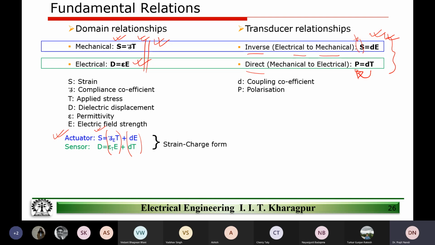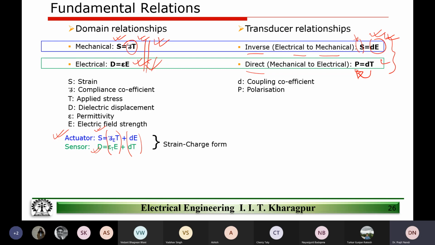So why is it an actuator? Because the output is in the mechanical domain, and that is proportional. What we have done is we have combined these domain relationships and the transducer relationship into one, right? It's a basic simple kind of addition that we have done. And similarly, if we are using the material as a sensor, this is how the relationship will look. And D again is in the electrical domain. And again we added these two equations, this side we added, and this side we added, and then we said that, okay, this is our sensor